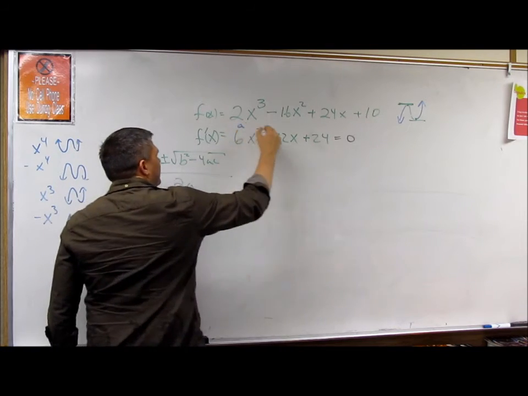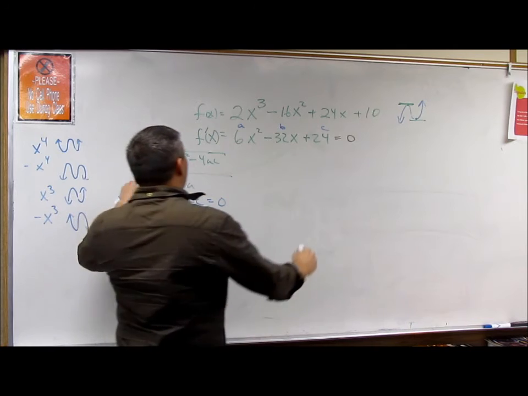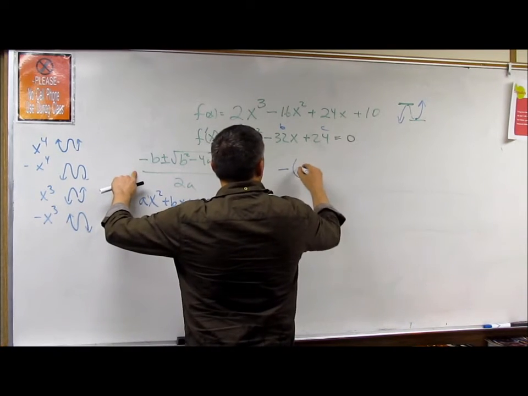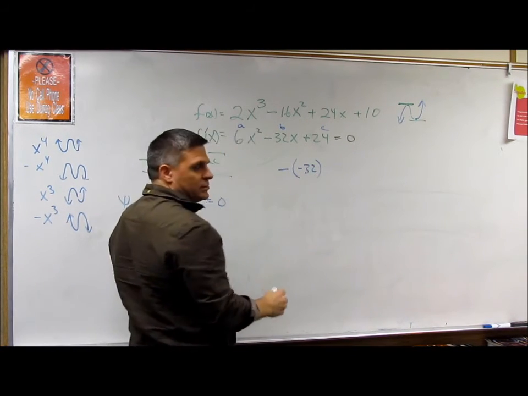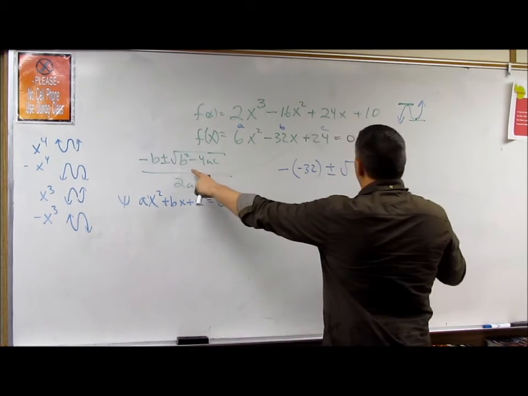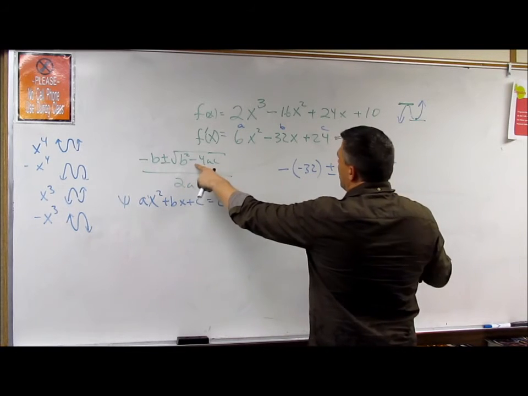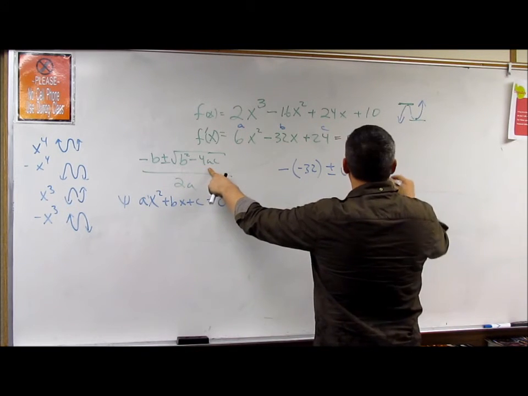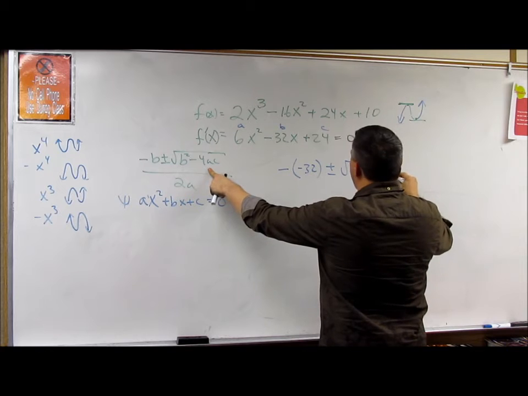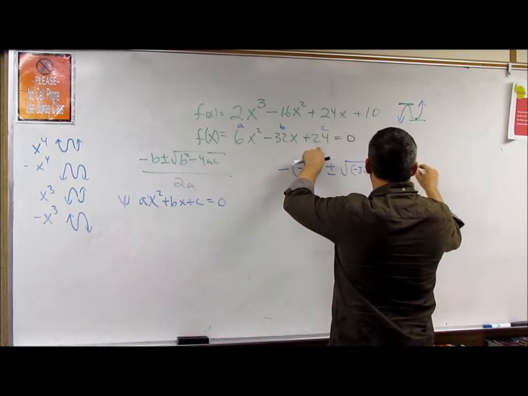So a, b, c. So negative b, which is negative 32, plus or minus the square root of b squared, or negative 32 squared, minus 4 times a, which is 6, times c, which is 24,